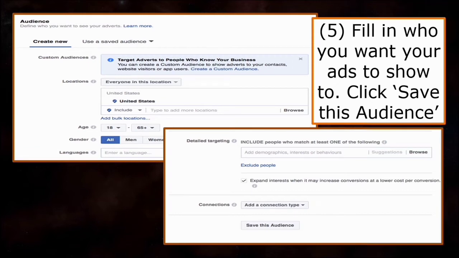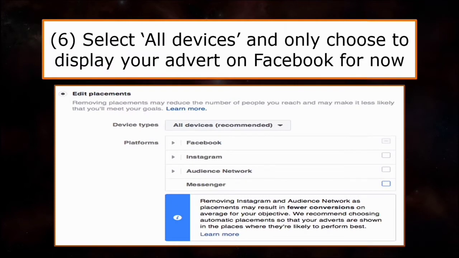Once you've filled in the details, remember to click Save this audience. The next step is your ad placement. You may opt for automatic or edit placement. I recommend you opt for edit placement. For the device types, you maintain both device and desktop. Then for starters, only opt for Facebook as your advertising platform, so it'll be easier for you to track your